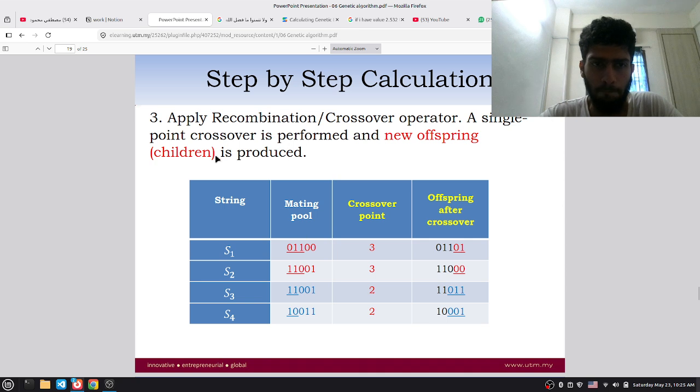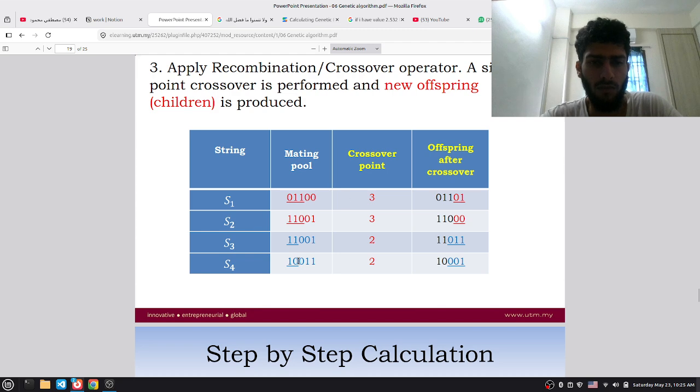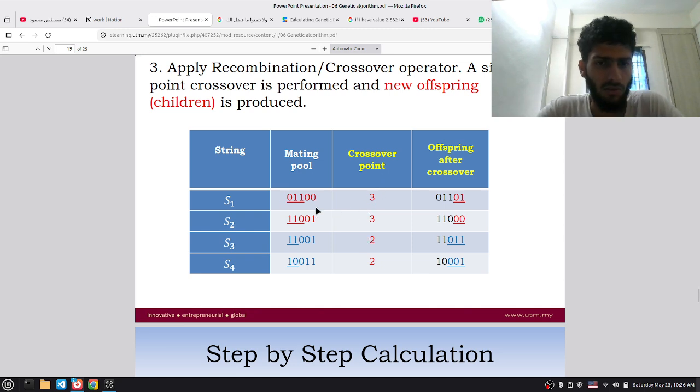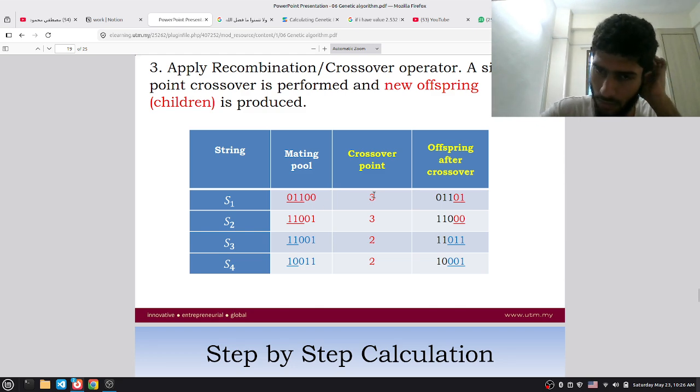And also we apply the crossover operation. A single point crossover is performed and new offspring are produced. So this is the first offspring, and we put all the strings over here. These two act together, like the father and the mother, at the crossover points. In here we choose three over here, and we take two values from here